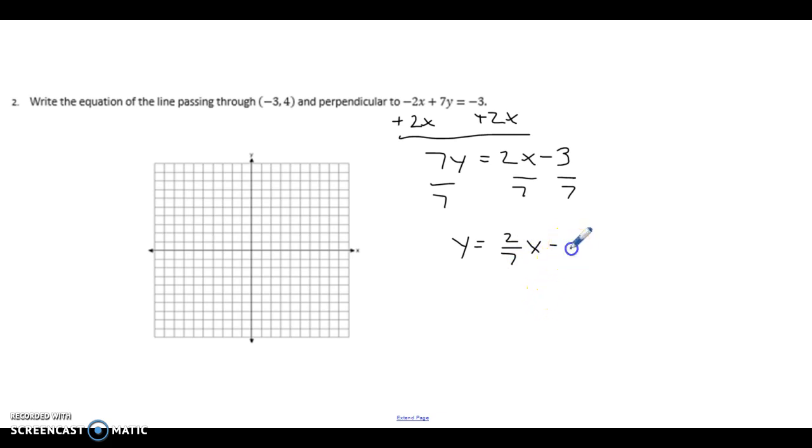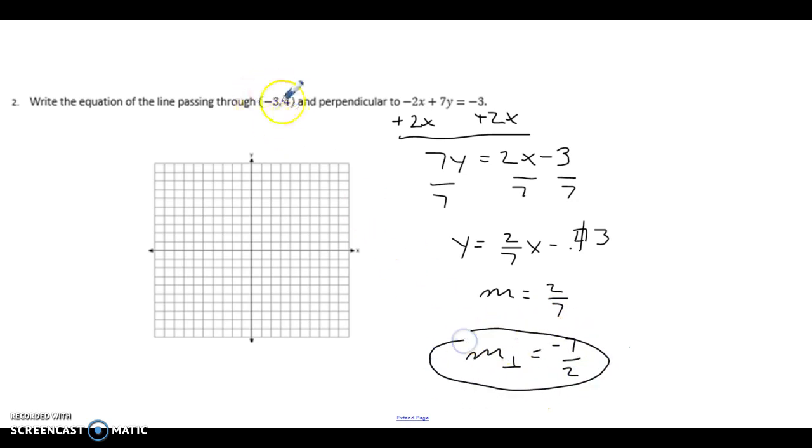I get 0.43, we'll round to 0.43, which means it doesn't have a nice y-intercept, but really what I'm looking at here is just my slope. My slope is 2 over 7. And if I want a slope perpendicular to that, my perpendicular slope is going to be a negative reciprocal, negative 7 over 2. And so I'm going to start at this point that they gave me, negative 3, 4,